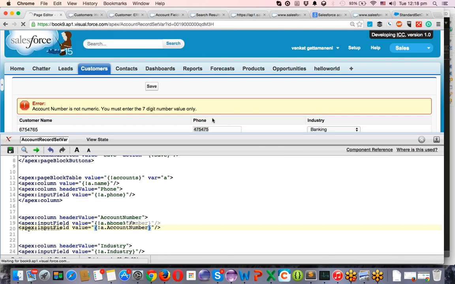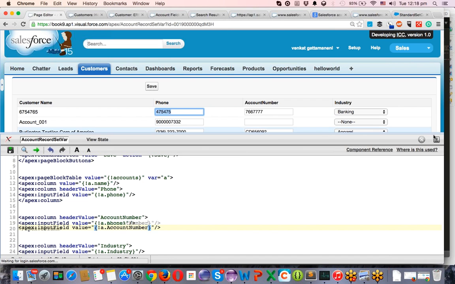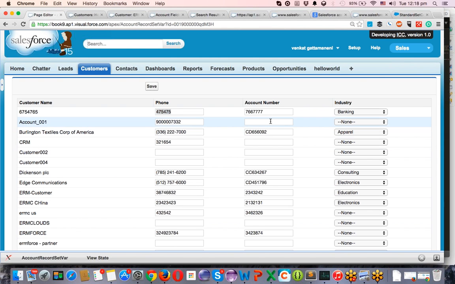The column name is account number. I can use even space also for that. That's not the problem. These are all accounts that don't have an account number. That's the reason it's